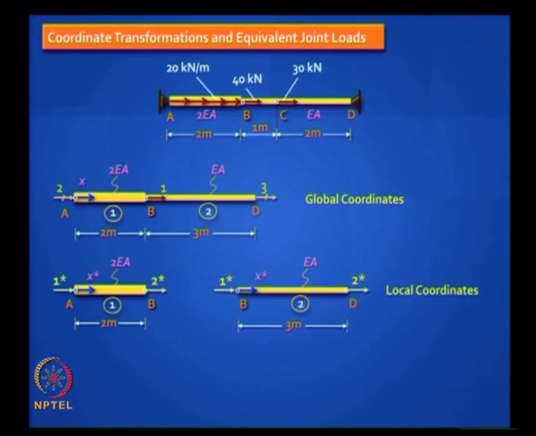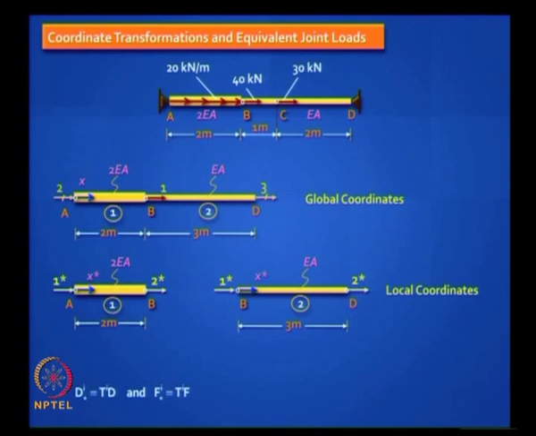Element 1, element 2, write down the length, local x star axis, 2 degrees of freedom, 1 star, 2 star. No questions? Very clear? What is your next job? You have to do coordinate transformation. How do you move from local axis to global axis and put the linking global coordinates in brackets? Remember? Even if you do not remember, with this exercise you will understand. So I will show it to you since it is the first time.